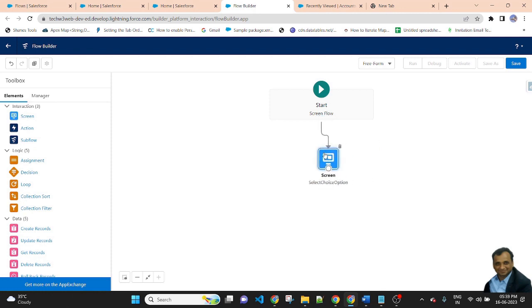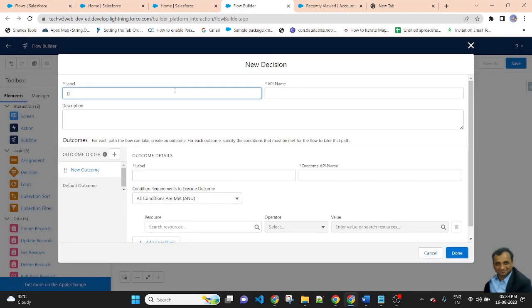After that, we will make a decision here. Decision for create record. In the decision, there are two outcomes: the user selects contact or opportunity. So first, if the user selects contact,